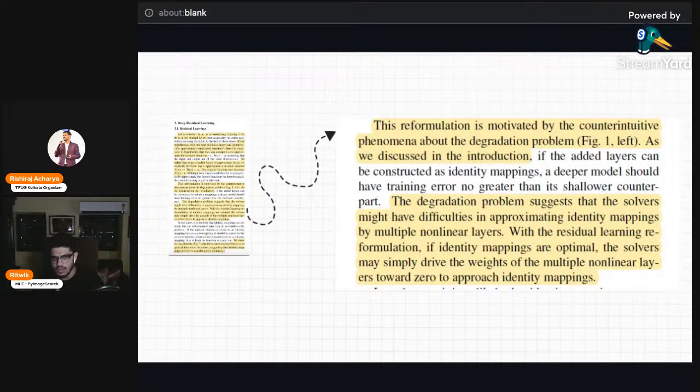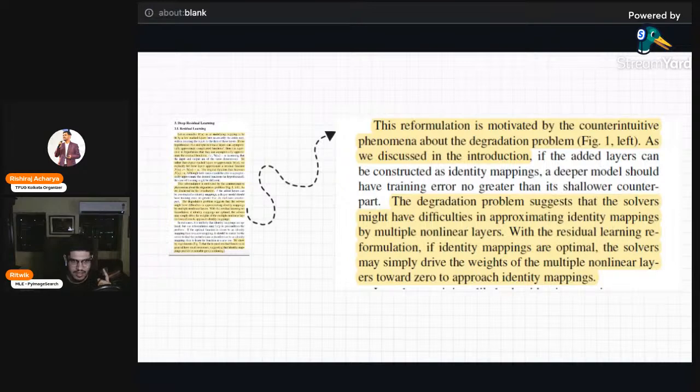But all is not well. There is something called the degradation problem, a phenomenon where the training error of a deep neural network increases as the network becomes deeper. And we talked about this at the beginning. If we add more layers to a deep neural network, will it always get better? Evidently not, because at some point it will not be able to extract features more meaningfully. And to understand that better, we had an analogy. If we add more friends to a long line of friends,